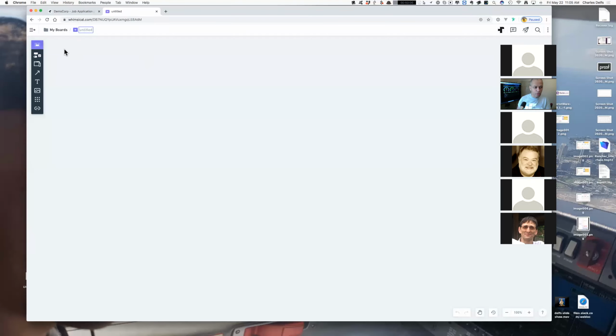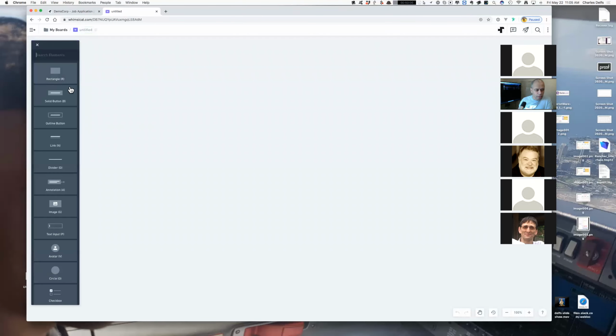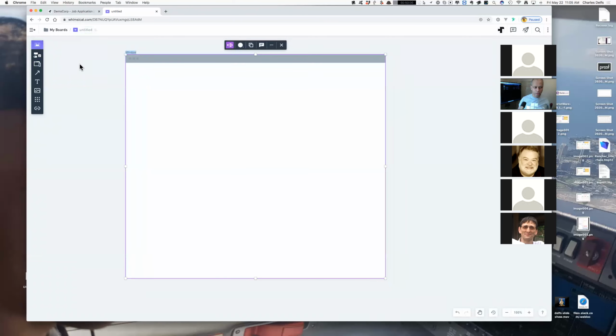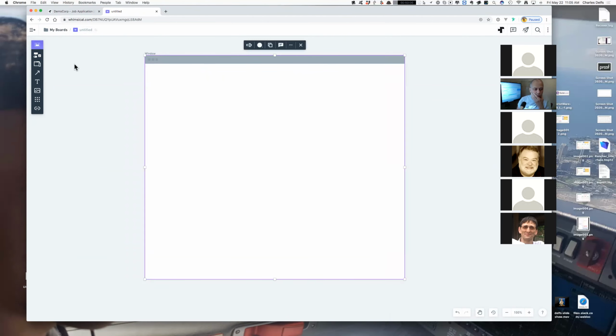Flowchart, wireframe. There we go. Okay. There, add element rectangle. There we are. So add frame. So you can just basically go like this. So we'll start with a kind of a browser. And what I'm thinking is,